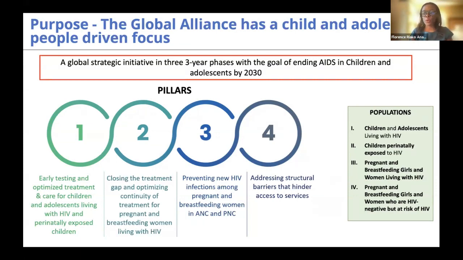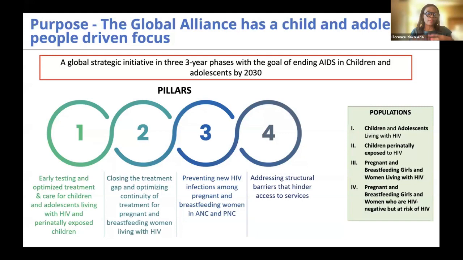And then pillar 4, which is where most of our community work really lies, is addressing structural barriers that hinder access to services. And if you can look at the populations we are hoping to reach with the work, it's children and adolescents living with HIV, children perinatally exposed to HIV, pregnant and breastfeeding girls, and women living with HIV. The aspect of children, having children, is also something that we need to